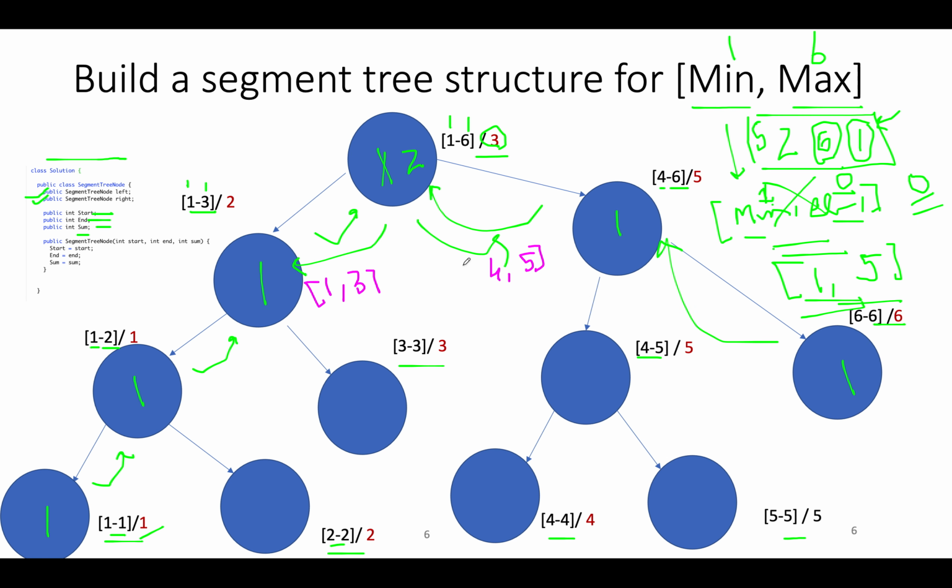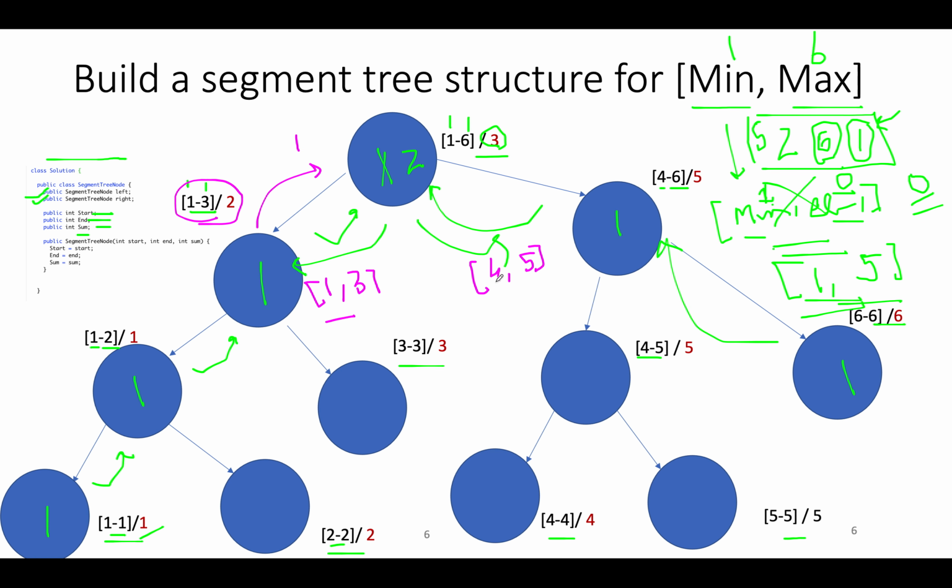Highly inspired by the range sum query mutable solution. And since this node matches with the current node value, we will simply abort the process. We will not go into the children of this node, and we will return whatever the sum value is stored at this node, which is nothing but 1. So this method returns 1 to the parent.